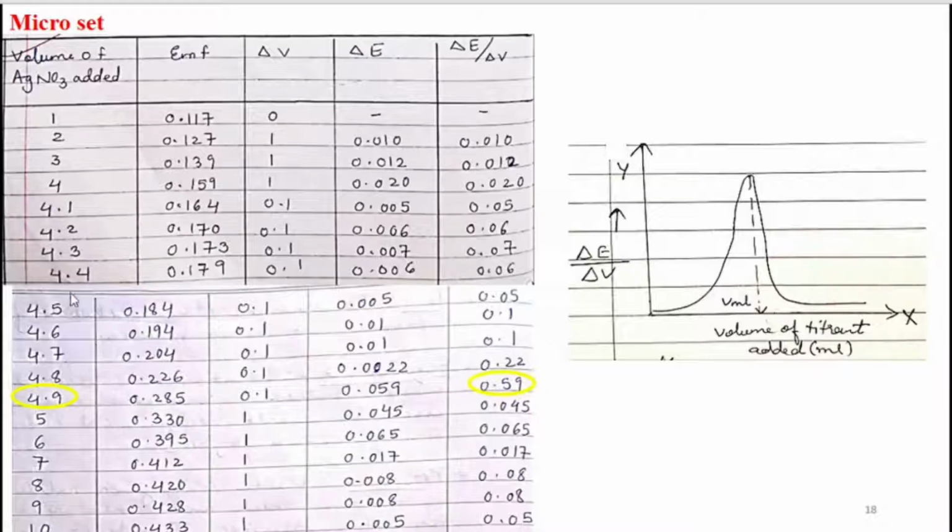Okay, you need to check in between 4 to 5 ml. Okay, if you check in between 4 to 5 ml, then you can see that the maximum has been obtained at 0.59. Okay, so the equivalence point is obtained at 4.9, and over here the V ml which we'll get would be 4.9. So this you can determine from the graph, as well as from the table also you can get to know that what would be the equivalence point. Now using this equivalence point, you can obtain the solubility product of silver chloride. So now let us see how that is being done.